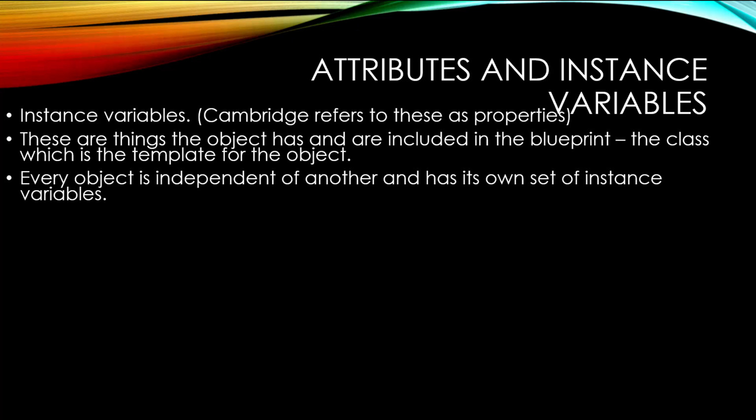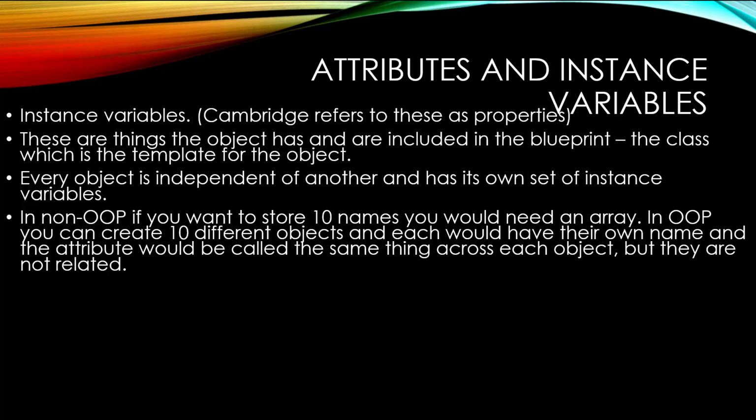Now, every object is independent of another and has its own set of instance variables. Even down the road later, if you create an array of objects, each object is independent of another. Now, if you're not using object-oriented programming, if you want to store 10 names, you would need an array. Hopefully you wouldn't use 10 different variable names. In object-oriented programming, we can create 10 different objects, and each object would have their own name, and the attribute